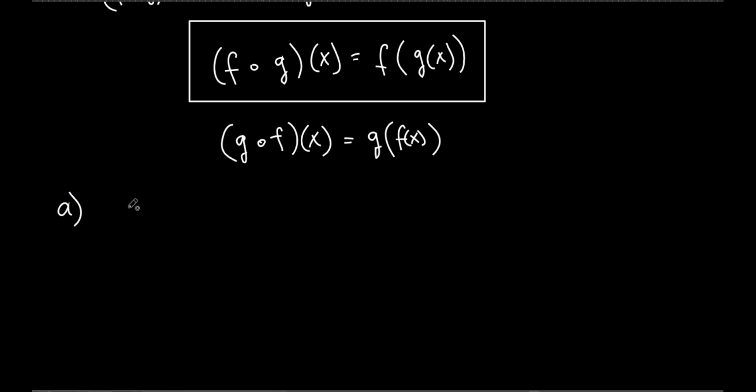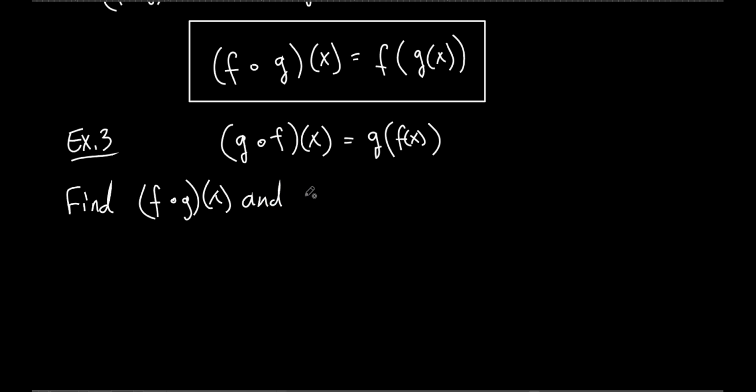This is example A. So this is example 3 and part A. So it says, I'll tell you what, let's get rid of the A right now. So we say find, and you're going to find that it's not as difficult as it looks. It really isn't, I promise you. So we're going to find 2 things, both of these functions. So I'm going to write it down, f composition g of x